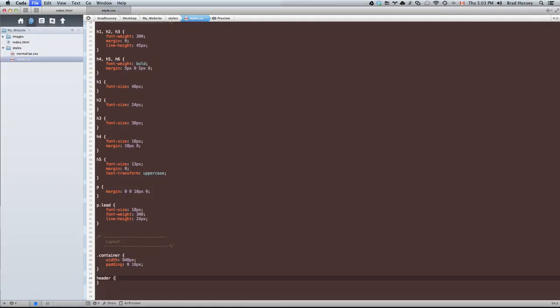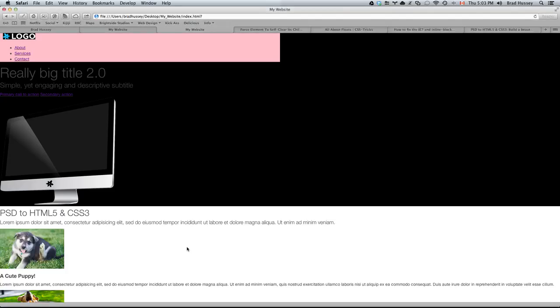And the way we're going to center that content in container is by going margin 0 for top and bottom and auto for left and right. Another way of writing this would be this, but you can see that that's kind of redundant. So 0 pixels for top and bottom, auto for left and right. What auto is going to do is it's going to make sure that the margin on the left side of the container is exactly the same as the margin on the right side of the container,